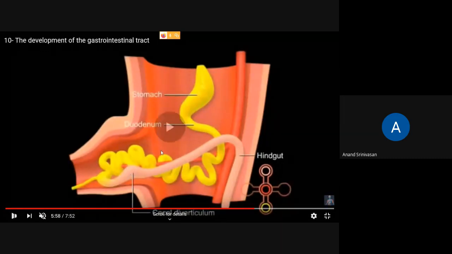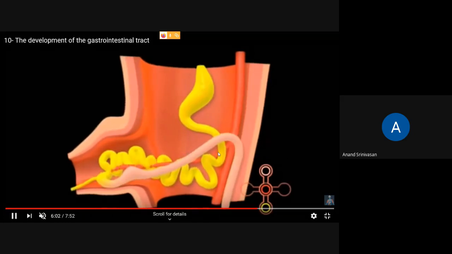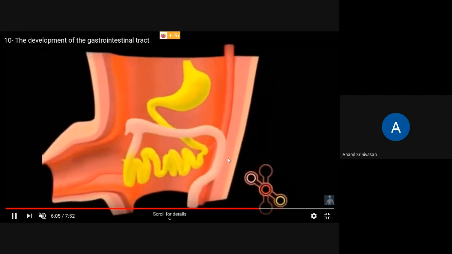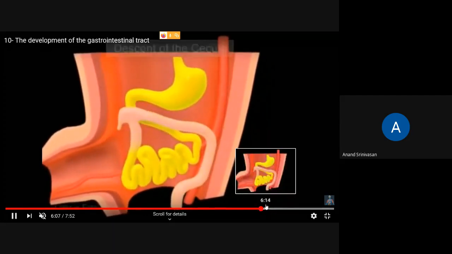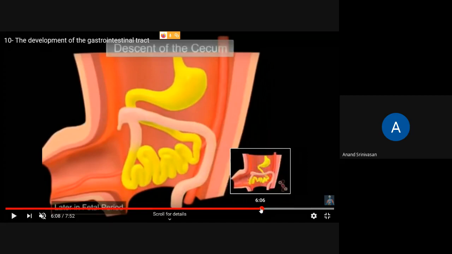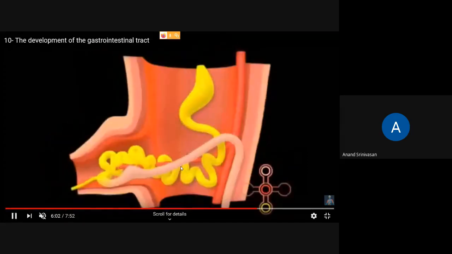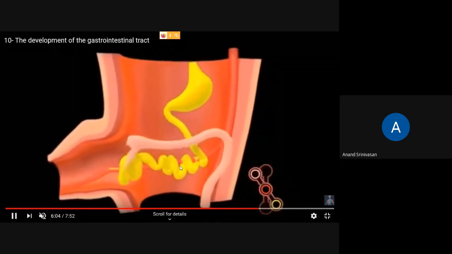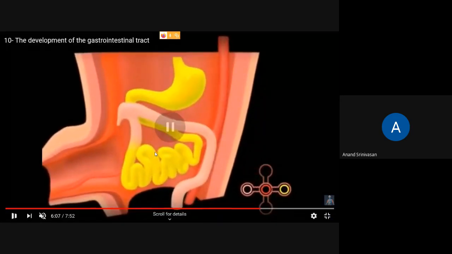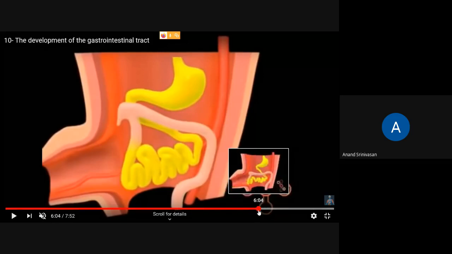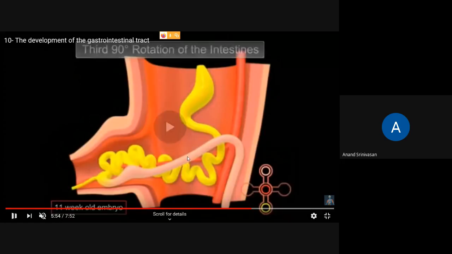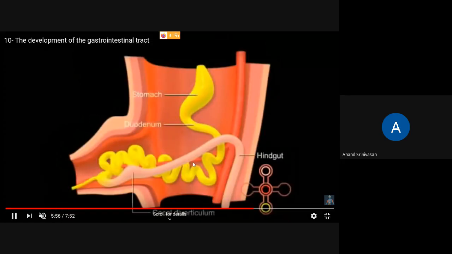Now a further 90 degrees: 90, then 90, another 90, so 90 plus 90 plus 90. So 270 degrees rotation in the anti-clockwise direction. Now what happens? The next part, just observe this closely. The last 90 degrees. In the last 90-degree rotation,